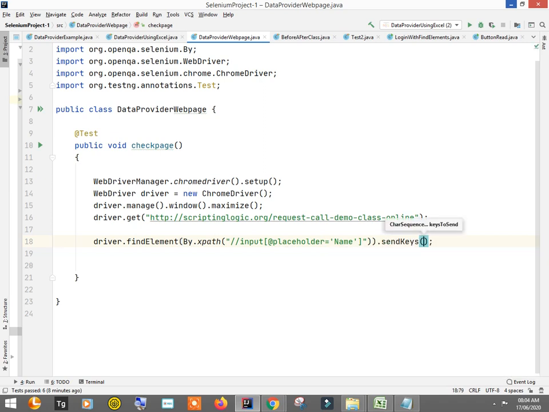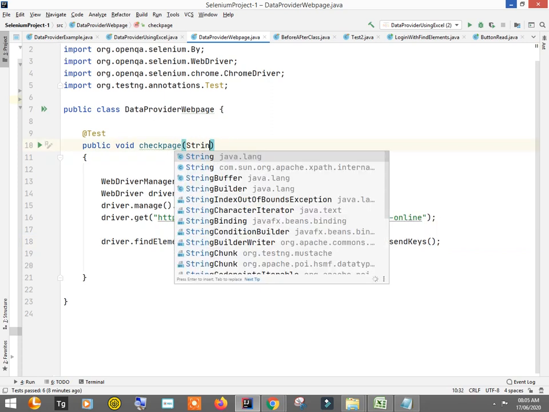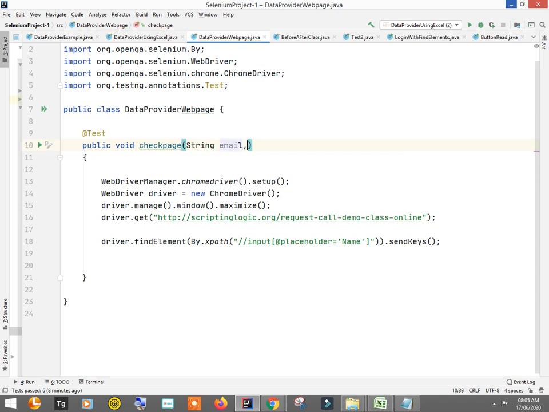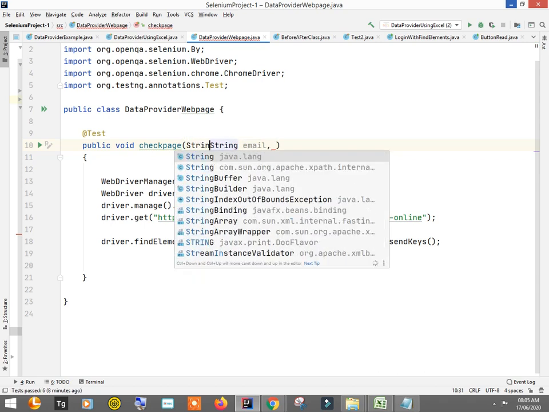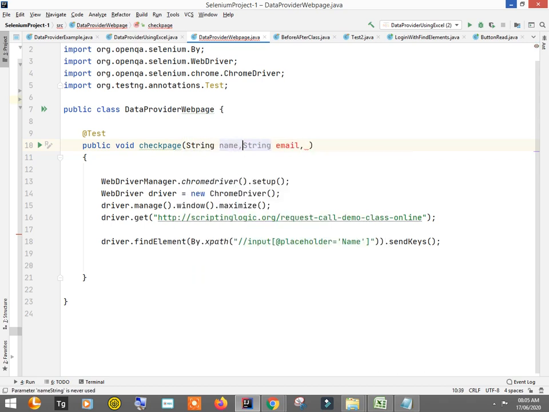right? So send keys, I'll be sending it from here, for example string name, string email, string number, and string, let's say city.